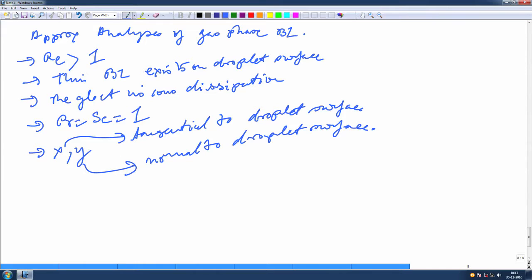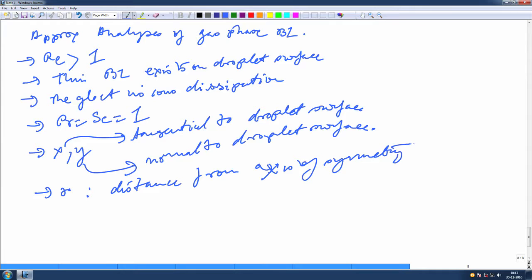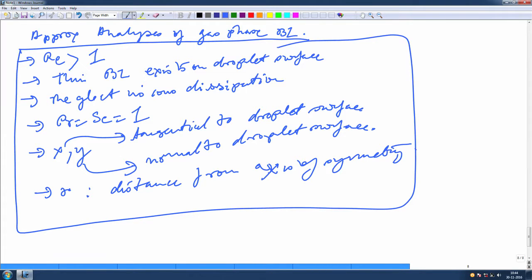Normal to the droplet surface, okay, and r designates distance from the axis of symmetry. Okay. So, R equal to capital R basically means the droplet surface. Okay. So, for the approximate analysis of the gas phase boundary layer, these are the few assumptions, not assumptions per se, but are very valid. Okay. So, based on this we can start working on the problem, and here what we will do is that